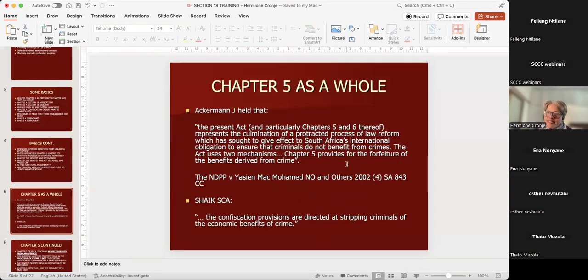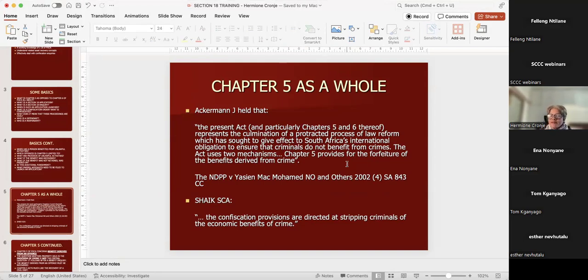So as I said earlier, there's been considerable jurisprudence already generated in the Constitutional Court, because in the early days of asset forfeiture, every application we launched was attacked on the basis of a lack of constitutional validity. In one of those early cases, in fact, I think it was one of the very first cases, NDPP versus Yasin Mak Mohammed and others, the 2002 case, the court said